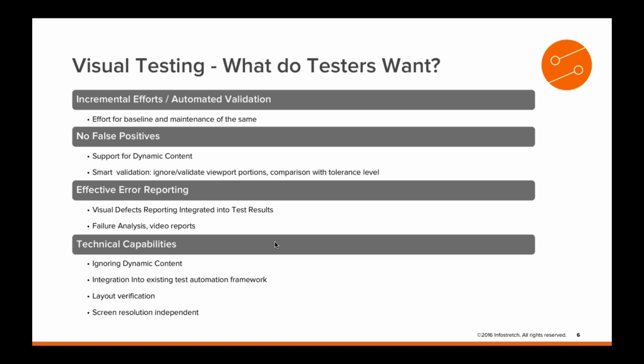A lot of times what we find is that we wrote the test for the Retina display on the Mac, and the test breaks when I test it in a normal virtual machine, because the test was too dependent on the visual resolution. Fundamentally, the message here is that the tool that we choose has to seamlessly enter into our process of automated GUI testing and be least intrusive to that process. All right. Moving on,